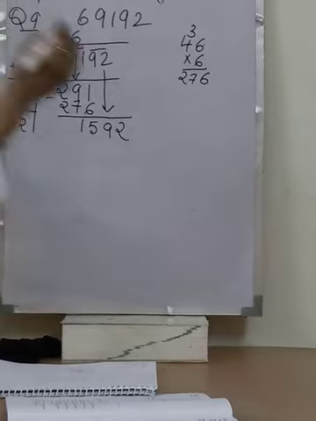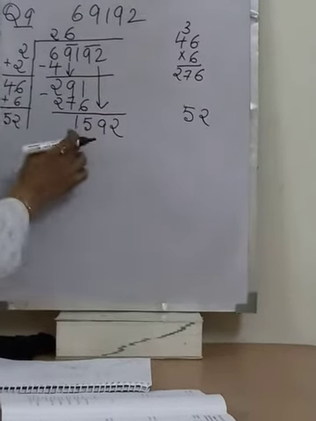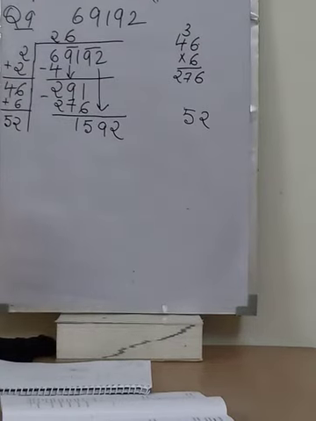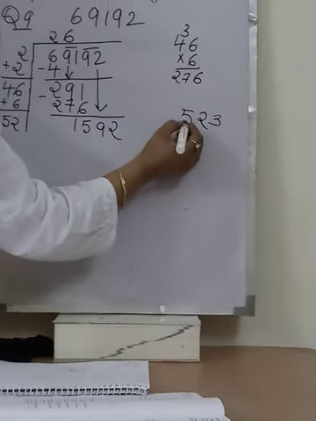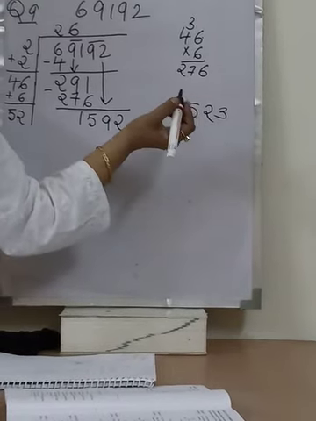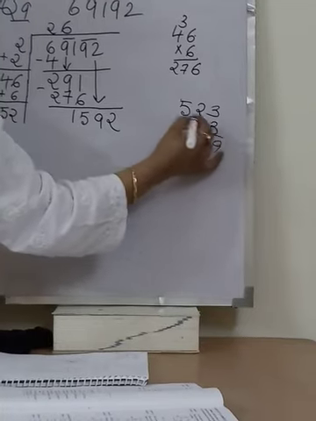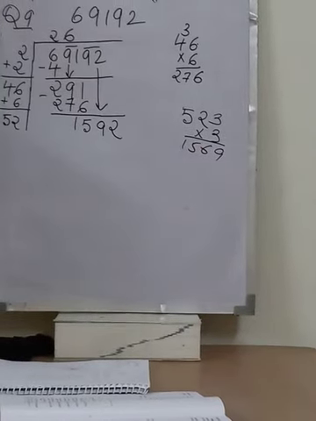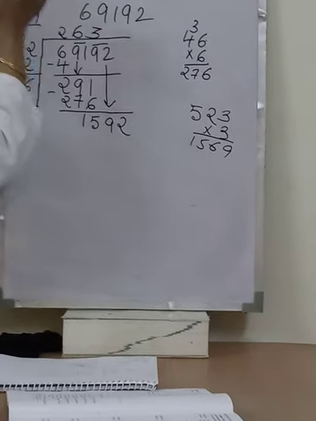Now we have to write a number in front of 52 so that we reach closer to 1592. What must this number be? 3, because 5 3s are 15. Okay, so I write 3. I check with 3. 3 3s are 9, 3 2s are 6, 3 5s are 15. Okay, so that number is 3. I write 3 here as well as here.